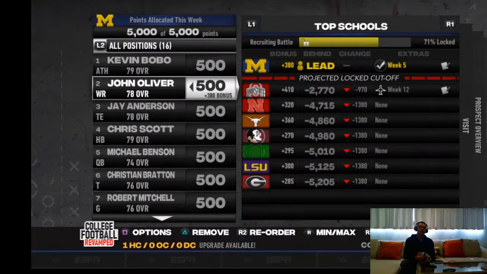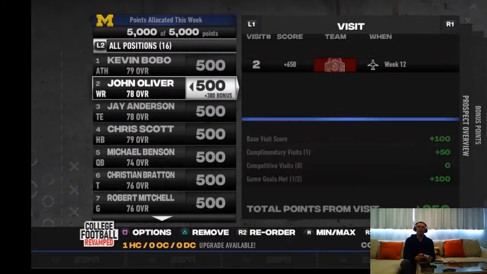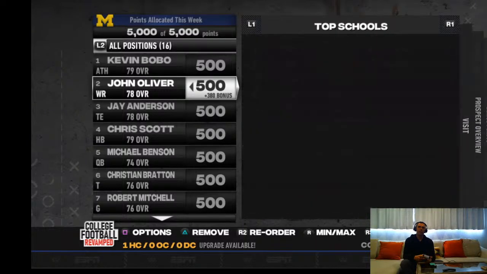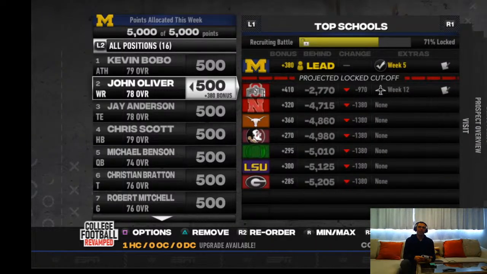John Oliver is another guy, second on our list. He is a receiver with A speed, allegedly. Again, unscouted. But he looks to be a pretty good lock here. And he did have a visit, and I believe we can see some of the details of that visit. So nothing crazy, but he is still meeting with Ohio State later this year. Can Ohio State somehow jump back into this? I don't know. Maybe. It'd be hard to know for sure, but he's looking good.